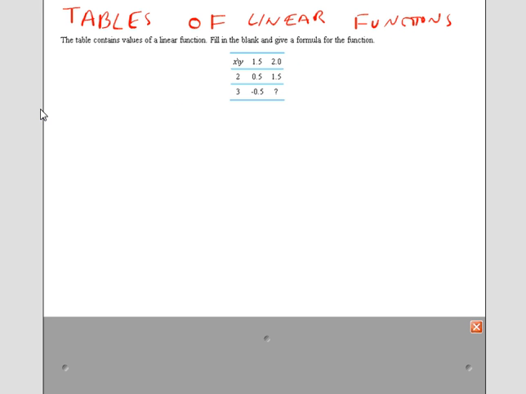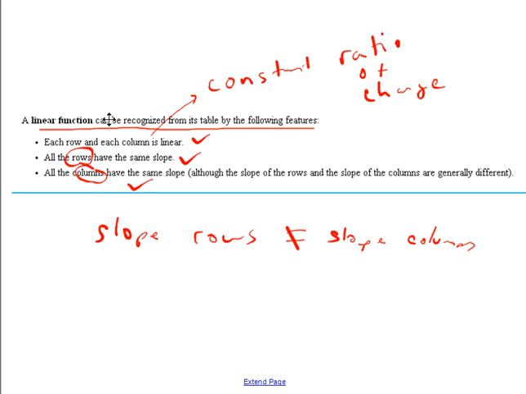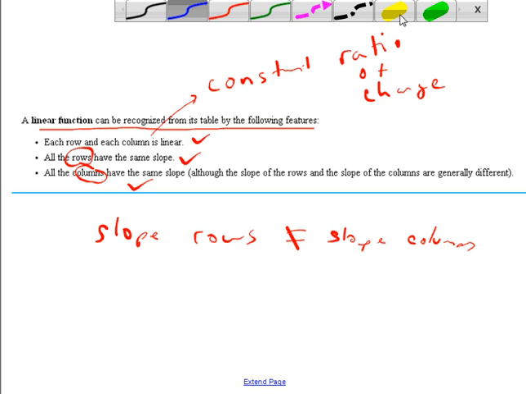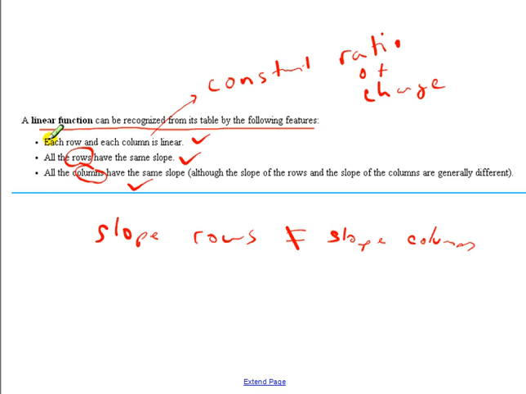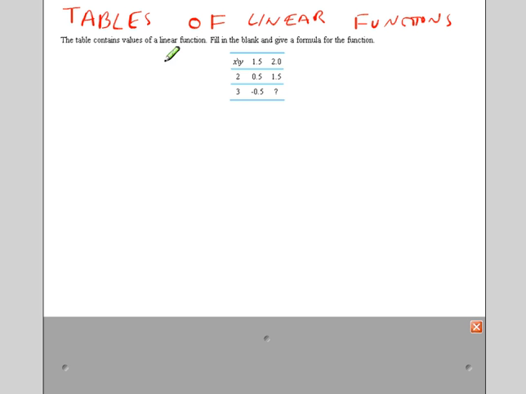So we're back looking at tables of linear functions, and to go back to the slide that we looked at in the last video, key features of linear functions in tables is that each row and each column must be linear, such that all the rows have the same slope and all the columns have the same slope. So if we're given some table, and let's suppose that we're trying to find some unknown entry,